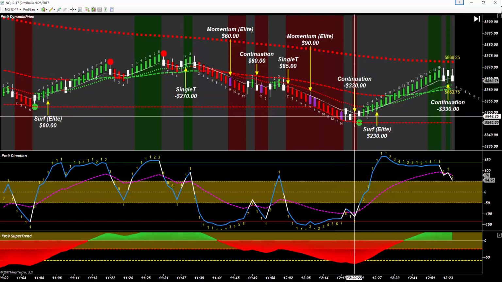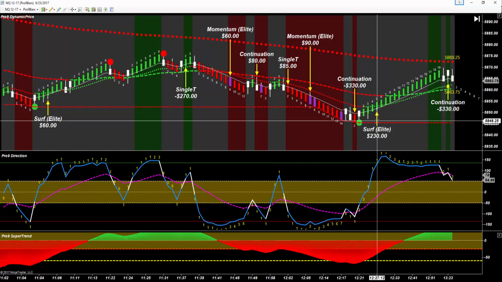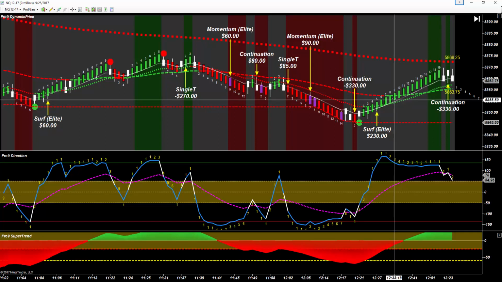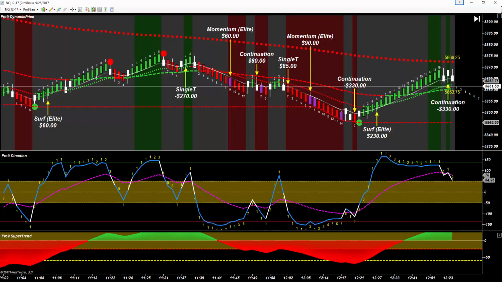Then we have a continuation short that just bounces off the low of the day and unfortunately goes against us, followed by a surf long that we can catch on the reversal. This one will hit profit target before the close of bar 7. We can begin trailing at the low of bar 9, riding over this wick here on bar 10, adjust to the low of bar 10 after it closes, and then begin trailing by the red DPI, eventually getting stopped out